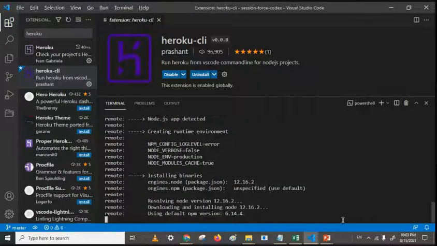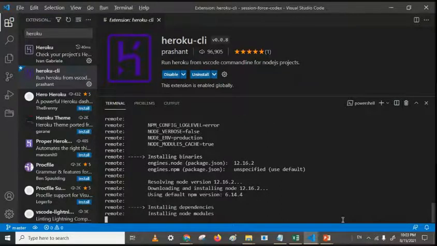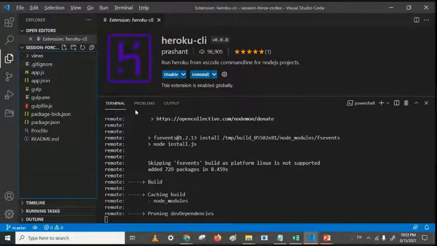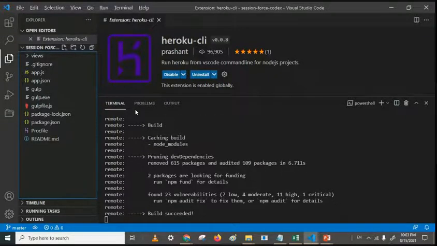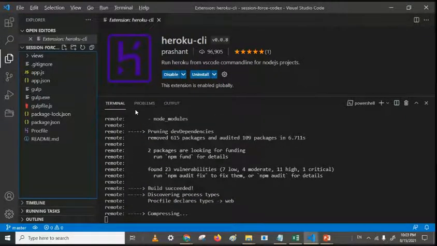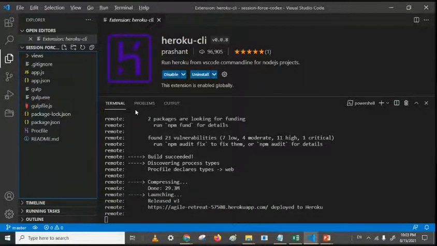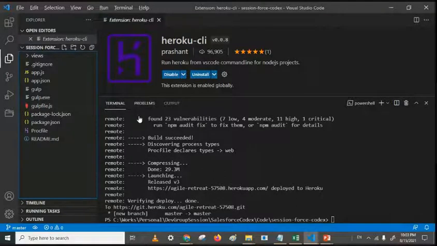This command is actually building whatever application you have added in your local repository, local folder. Because that is a Node application, it is building that Node.js application, and it will push the build file to that Heroku application as well, so that you can easily run that application. You can see now this application is deployed.